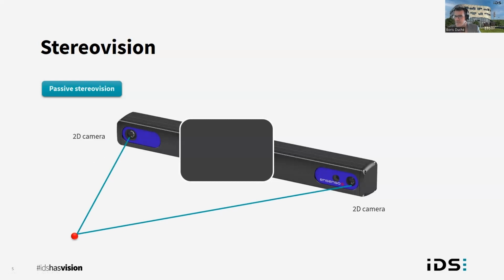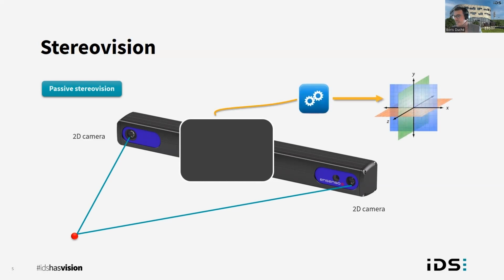Once again, this is passive stereo vision. You look at a point. The point is imaged in both of the sensors that make the stereo vision system. There is no brain in a camera, but hopefully the camera is connected to a computer, and you have the driver of the camera that runs on the computer, and the driver will compute the distance from the point to the sensor. We will go more in depth a little bit later about how this process works.